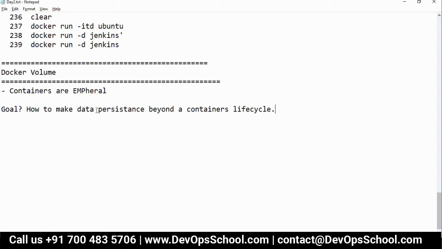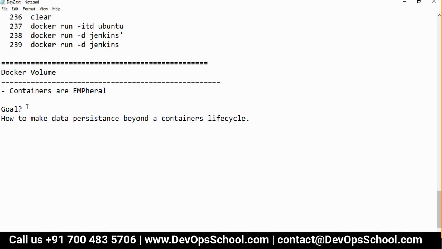Means containers have gone, no problem, but the data should not be gone, because data is everything. See, you can run 2000 instances of Jenkins, but can you get the data? No. So data is important. So if you have understood the problem, then I can talk about the solution. Can I talk about the solution?